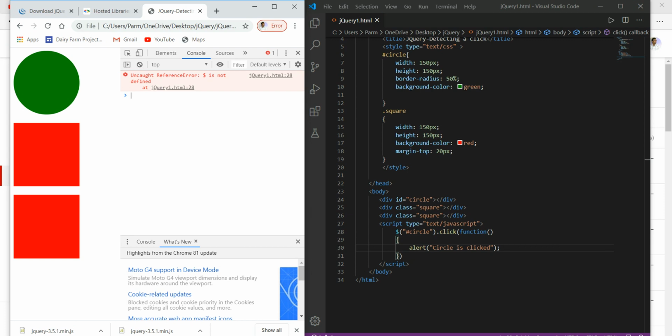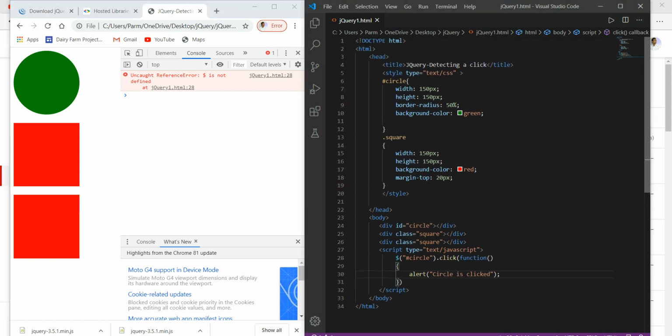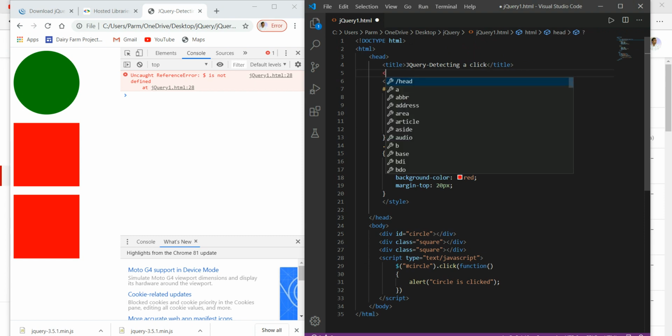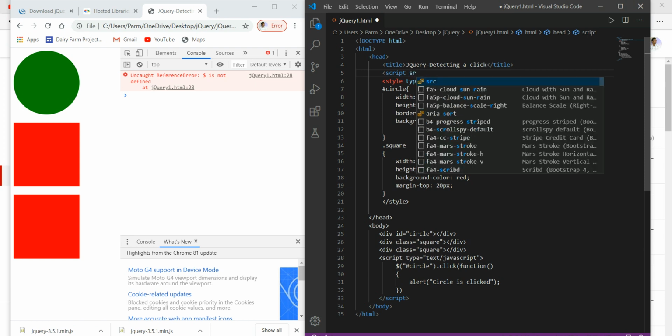It says this string is not defined. Aha, that's the issue, the reason for our error, because we have not included the jQuery library in our program. For this we have to go to the head section and use a script tag, then give the source.